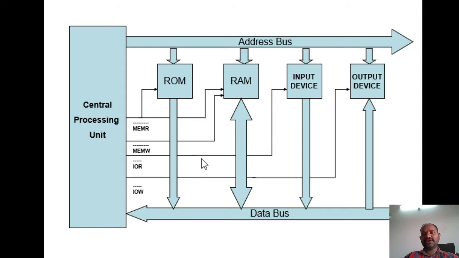Now let me show some data flow which is done when the microprocessor wants to execute some program. When you are asking the microprocessor to perform some kind of operation, you write the program, and that program is stored inside the memory. Now when you want to execute that program, how does the microprocessor execute the program stored inside the memory? That is the question.